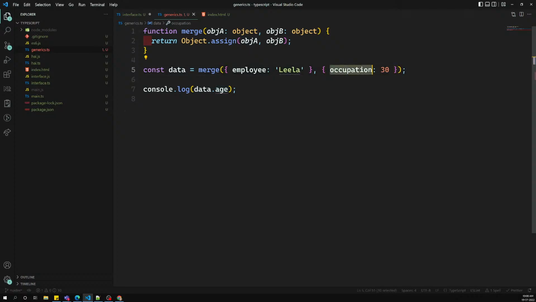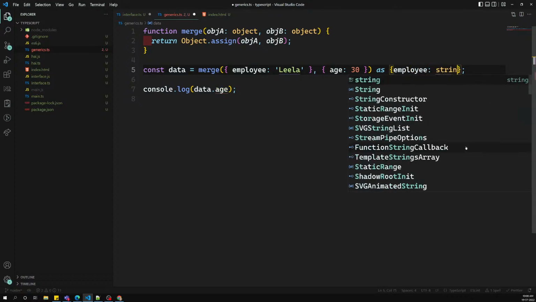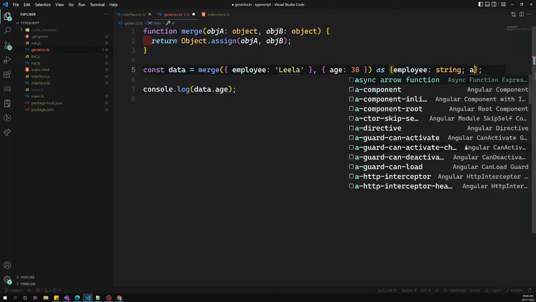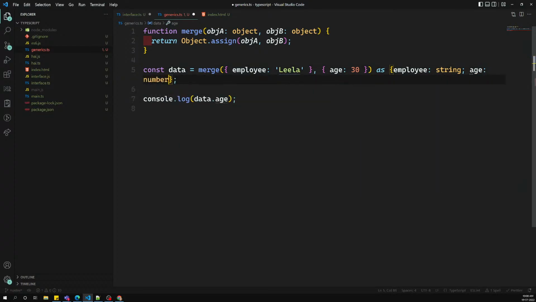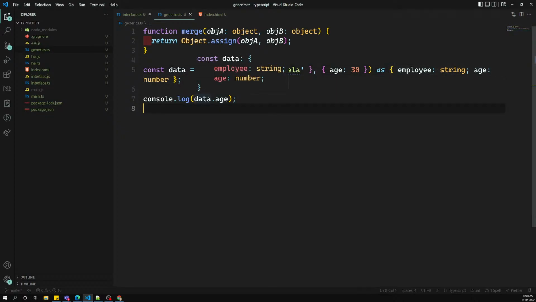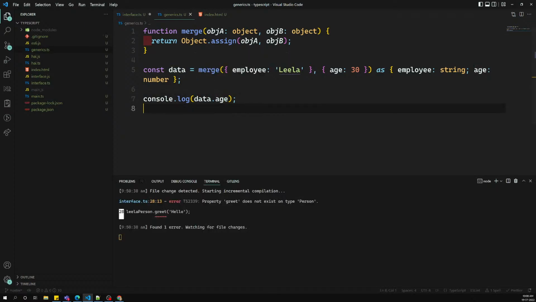So one thing I can do is typecast this one. The resulting one will yield something like employee of type string, and another one, age of type number. So I am typecasting this so that the resulting object will have something like this. Now if you try to see here, data will contain the two properties, employee and age. Now if you try to apply the age, it is working. So if I try to use this same method,